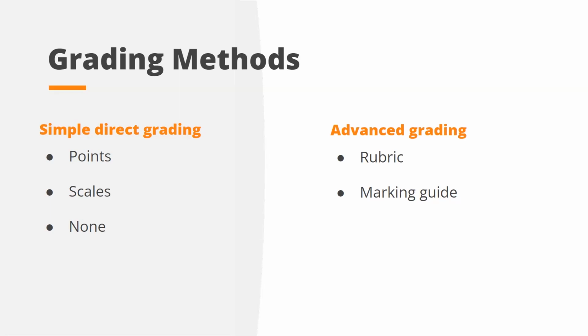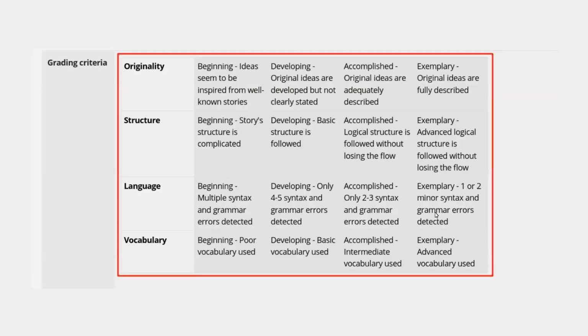That's also possible. When we use the advanced grading methods, we can assess activities either by a grading rubric or a marking guide. Let's just quickly see what these are. In rubrics, a teacher creates a set of criteria with levels of achievement, like shown in this table. And grading rubrics were first introduced in the workshop activity, then in assignments, and last in the forum.